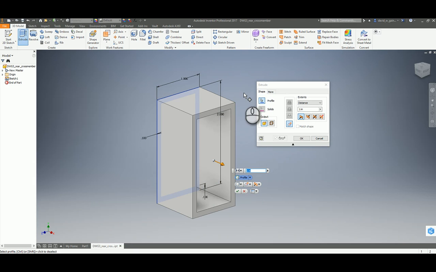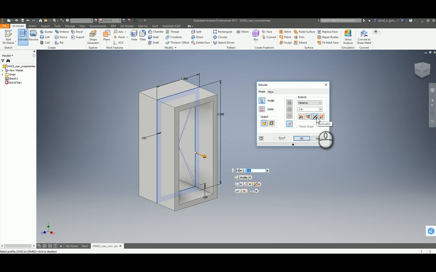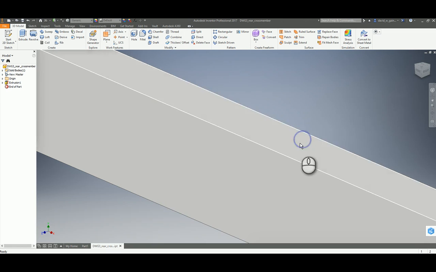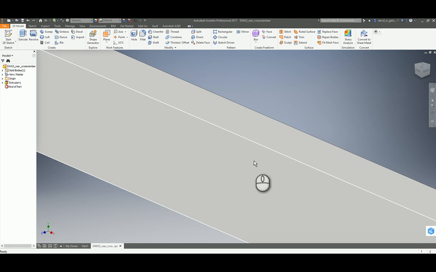I like to make my part symmetrical about the origin and symmetrical about a face. The reason is it makes assembly much easier, and you'll see this later. By clicking this button right here which says symmetric, and the overall length of the part is 30. Click OK. Now you can see the tube has been created, but it's very, very hard to see at this